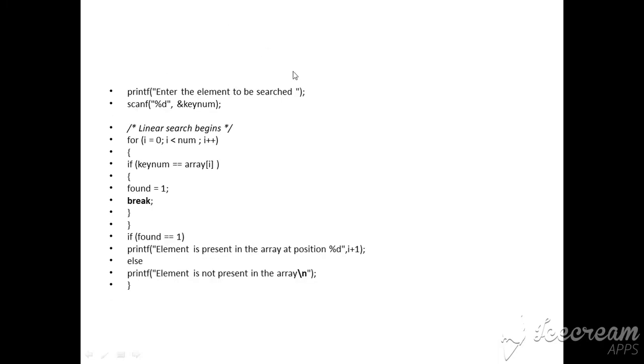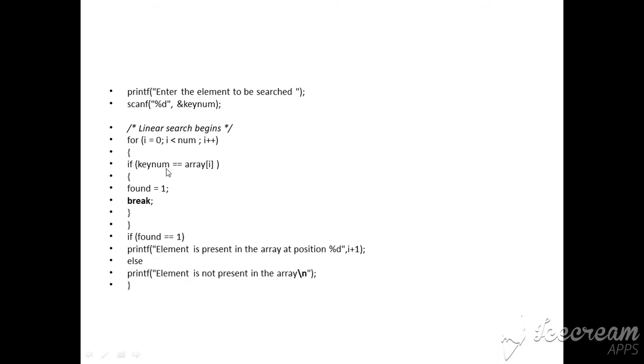So here is the logic to make a search. Now next you take the element to be searched for. The element that you are intending to search would be read within the variable called key num. Here is the logic for you to start the search. For i is equal to 0, i is less than num, that is, starting from the first element till the last element, you start checking here.